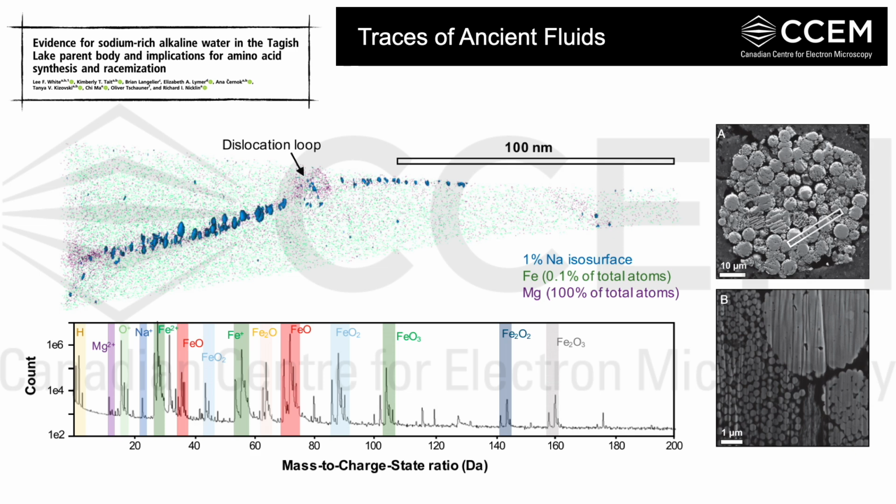So in our data, we can see this curved boundary, most likely a subgrain boundary between two magnetite framboids. It's about 30 nanometers wide and contains elevated abundances of manganese, magnesium, calcium, and sodium. And this tells us that these grains likely formed within a sodium-rich alkaline fluid environment, and shows that the atom probe is actually a great way to study the remnant residue of these parent fluids in planetary materials.